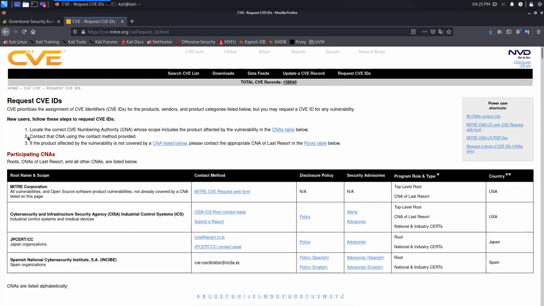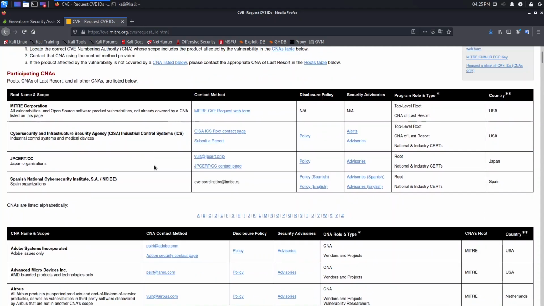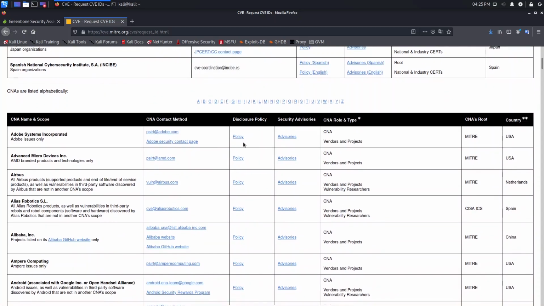And the second thing you need to do, you need to contact the CNA using the contact method provided. All right, you need to contact this company, this entity. And the last thing, you need to make sure that the vulnerability you discovered is new. All right, is new and is not known. So that's the first thing. First, you need to locate the current CVE Numbering Authority. Secondly, you need to contact the CNA. Okay, so you can come here, or you can just click here to see that information and to contact this